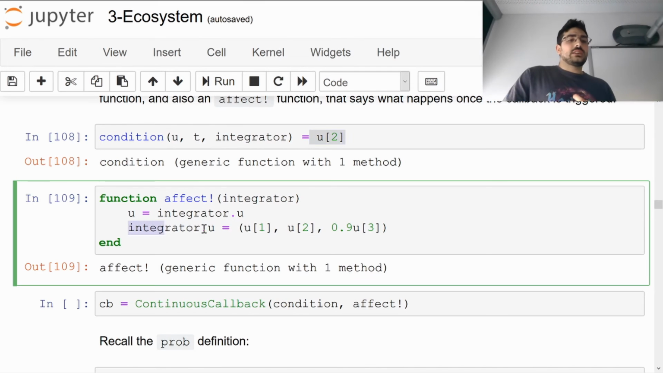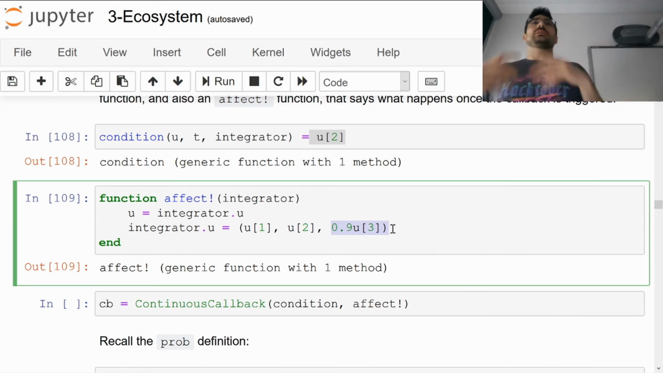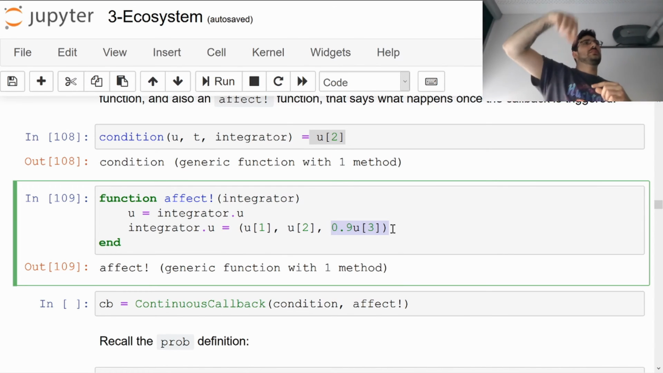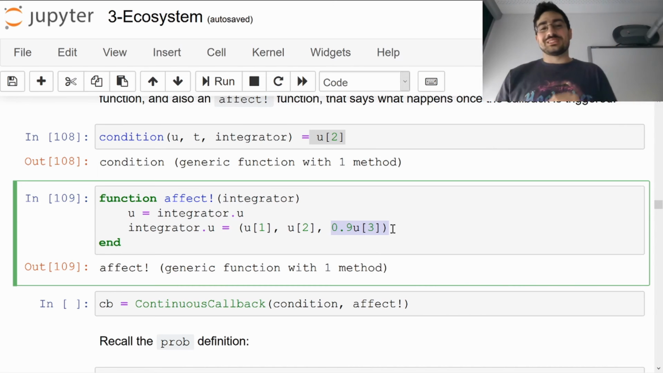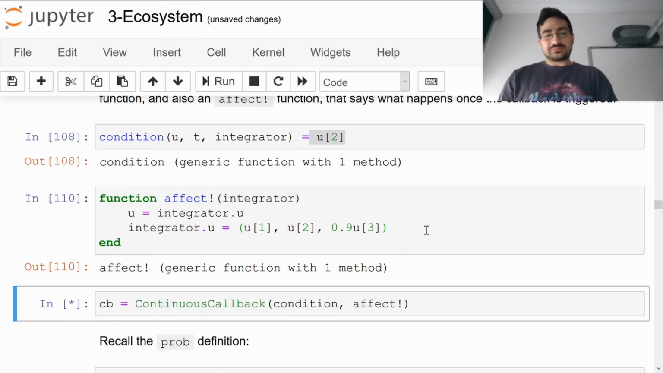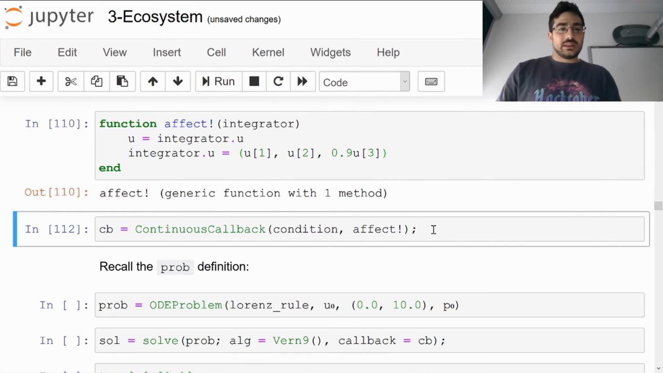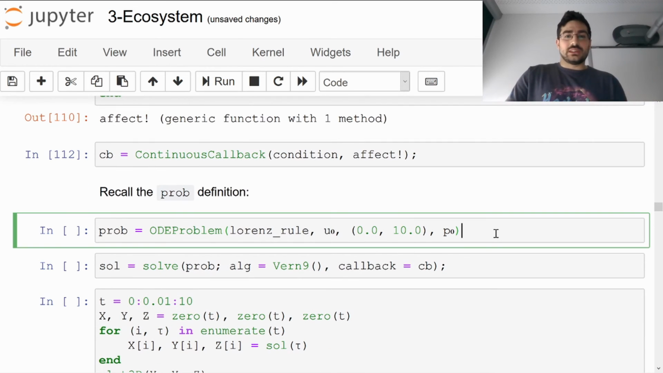And what my condition does is it is changing the state of the integrator to be the first entry the same, the second entry the same, but the third entry is actually decreased a bit. So when I solve this, you will see a jump of the Lorentz attractor towards the south. Doesn't make sense? It will make sense in a moment, I promise. So you use the interface of these things, and that once again you should see online for all the arguments and stuff, and then you solve again the problem,